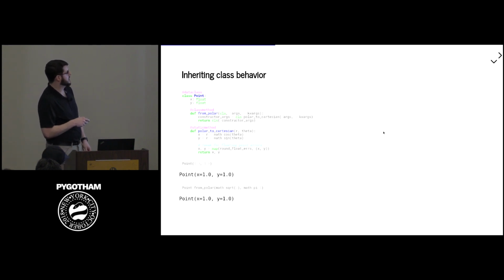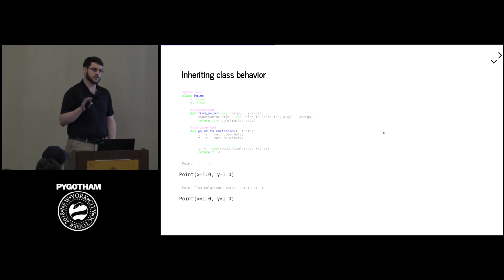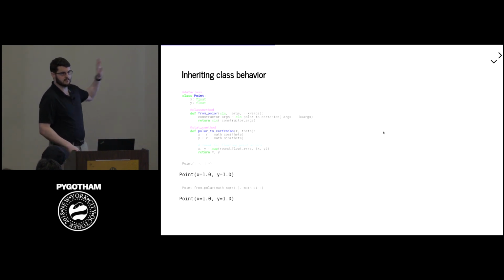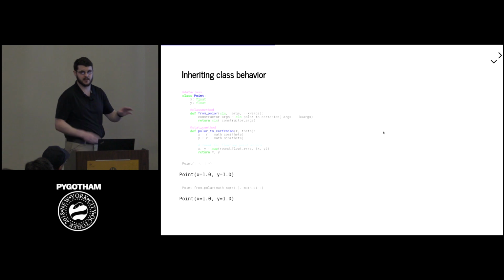So here, what I have is some point. It represents a point in Cartesian space. But I may also want to represent it as polar coordinates. If you don't know what the difference is, it doesn't really matter. Let's just say that they both take two numbers, and they both represent the same thing, but in slightly different